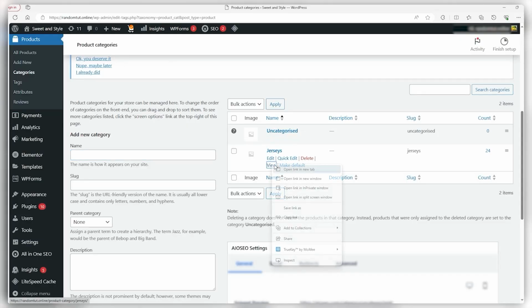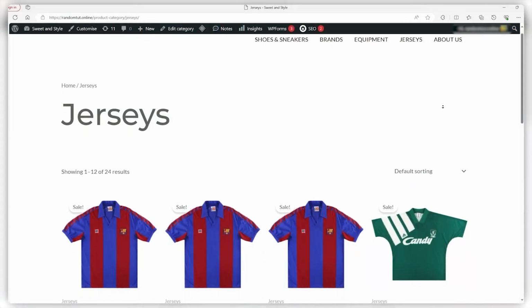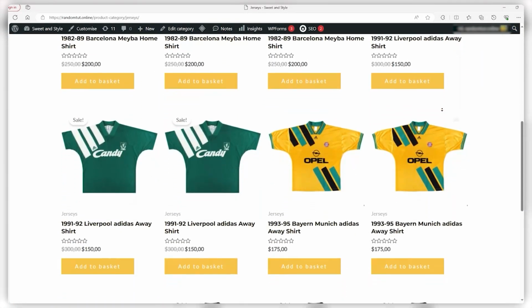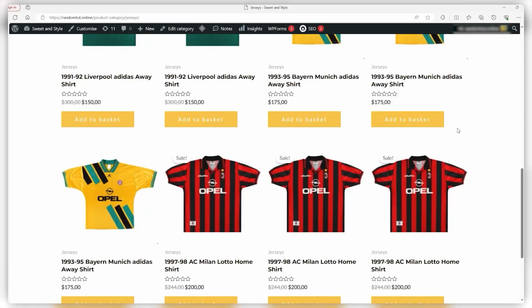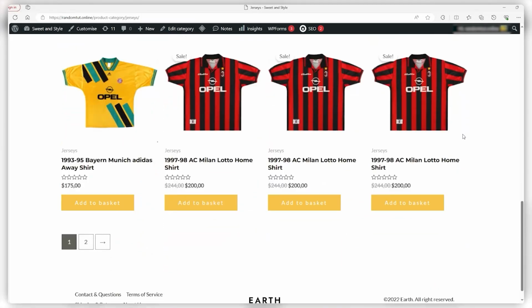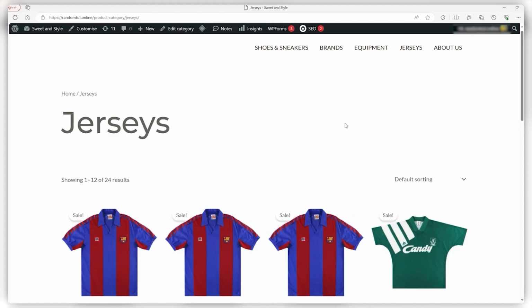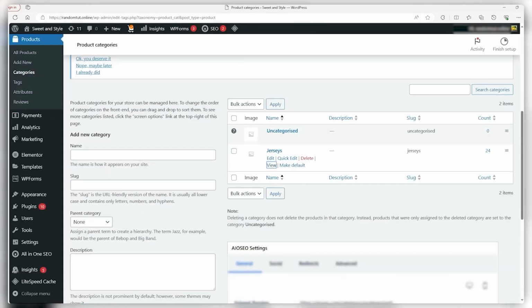So I'll just right click on view, and here it is. I multiplied a couple jerseys, guilty as charged. I just did that so there's a better idea of what it looks like when there's more, and so we can scroll around. Now what we need to do is copy the URL and head back to our WordPress tab